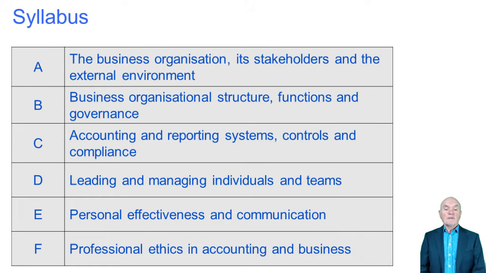First of all, we talk about the business organization, and there are different types of organization. You can have one person trading on his own or her own. You can have partnerships, a number of people trading together. You can have limited companies, which provide the owners of the company with some degree of protection and security if the company goes into difficulties.